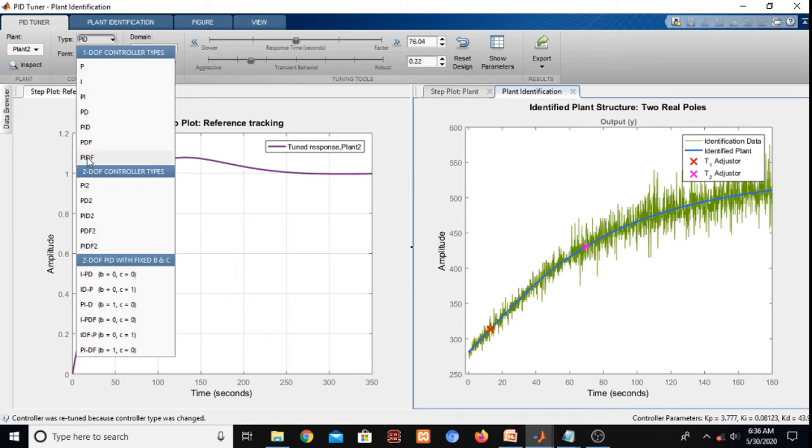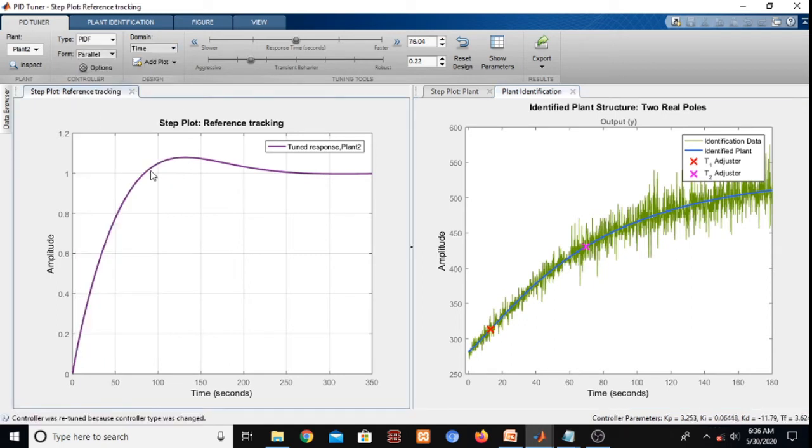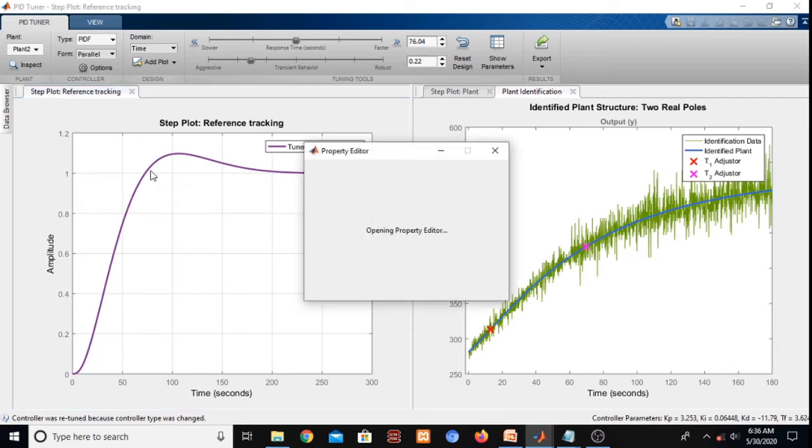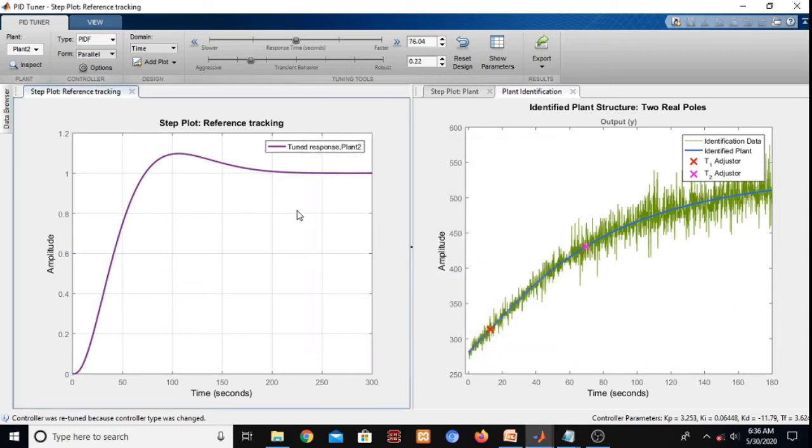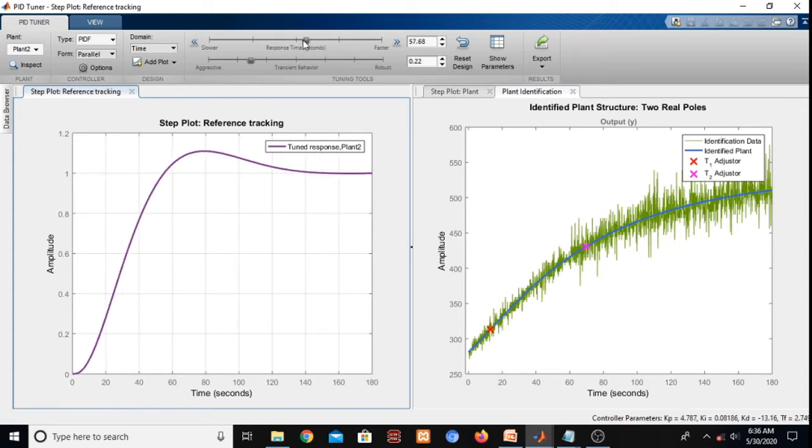PIDF means a low pass filter is cascaded into it. So this is the step plot reference tracking with PIDF. See here, this is with PIDF. So you can also adjust these terms in order to get a little smoother response.